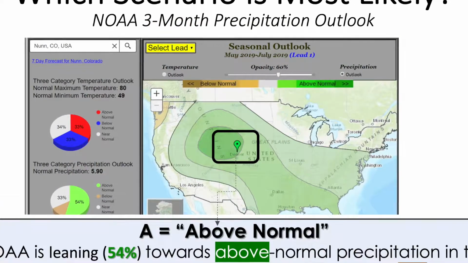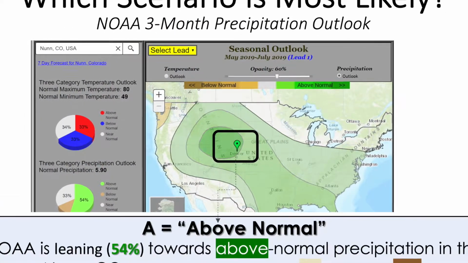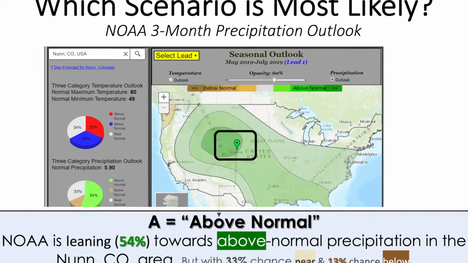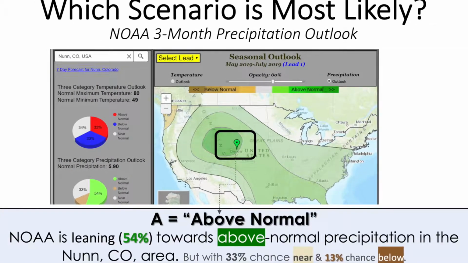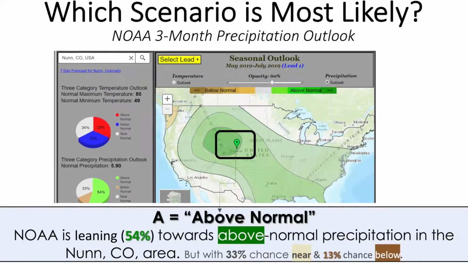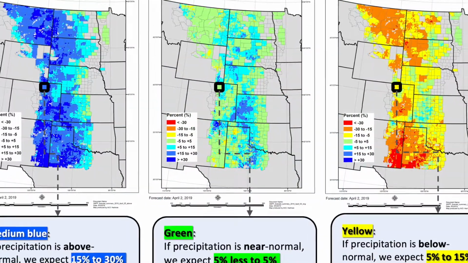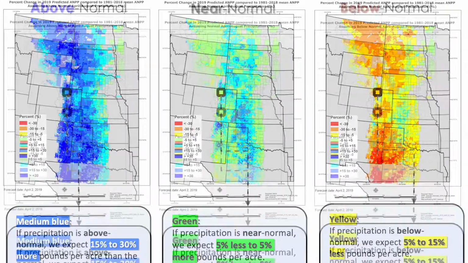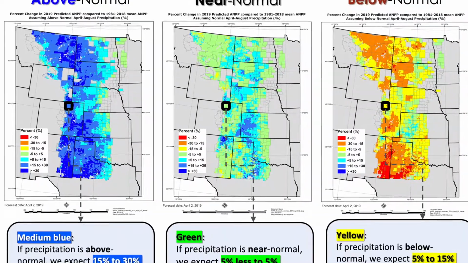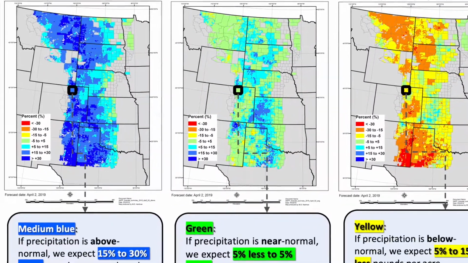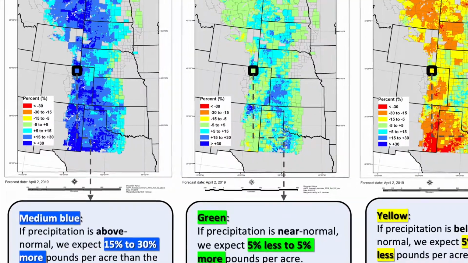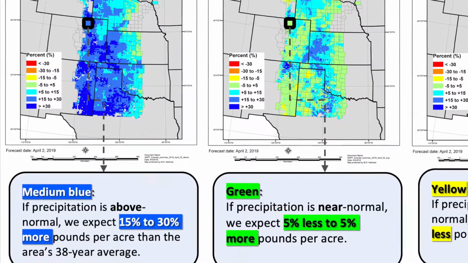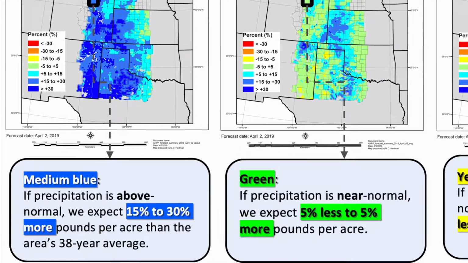NOAA's 3-month precipitation outlook showed us there is a 54% chance that above normal precipitation will fall in the northeast Colorado area during the April through August timeframe. With that in mind, let's revisit the GrassCast maps and look closer at the above normal map. This is the most likely scenario for the growing season, and it says if the area really does get above average precipitation from now through August, there should be 15 to 30% more pounds per acre than the area's long-term